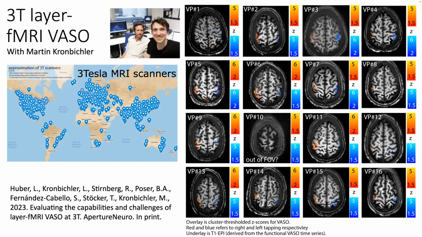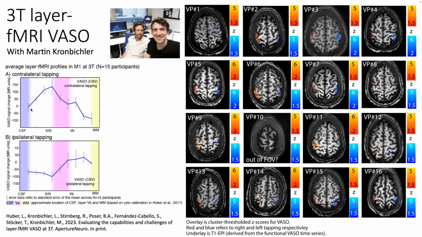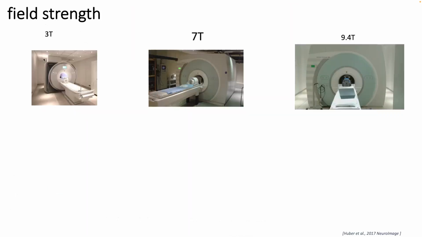So you need to scan a bit longer to see that activity, here for example with the unilateral tapping task in the motor cortex. But then if you scan for, I think, 24 minutes, you do get the indications of the double bump feature in the motor cortex and also how the superficial bump is modulated when looking at the ipsilateral tapping versus the contralateral tapping. So in Maastricht, where I was before I moved to the US, we had different field strengths